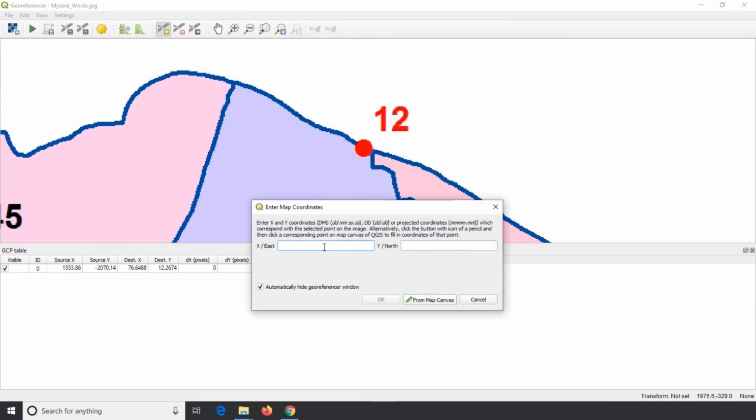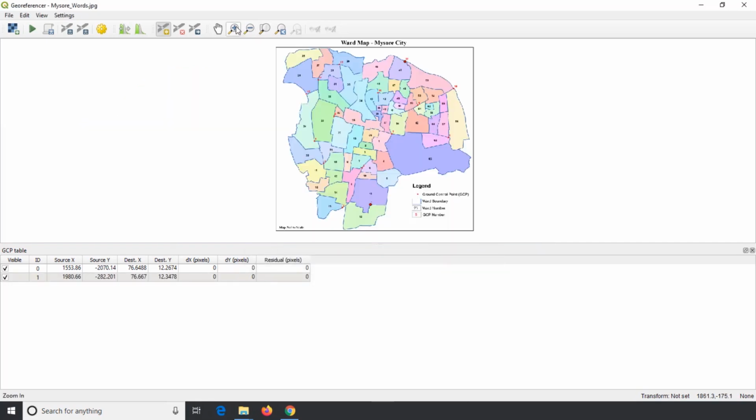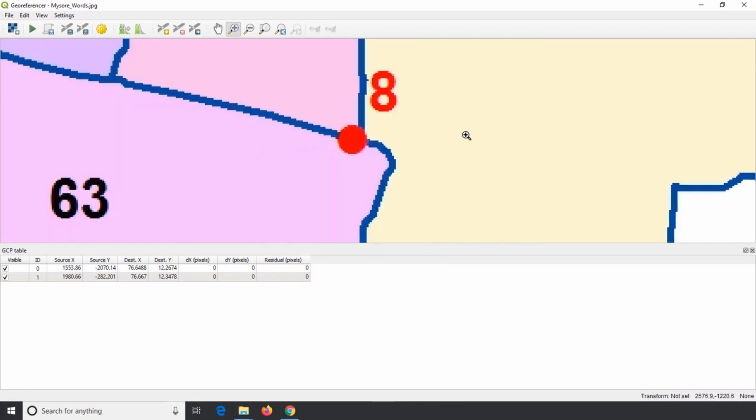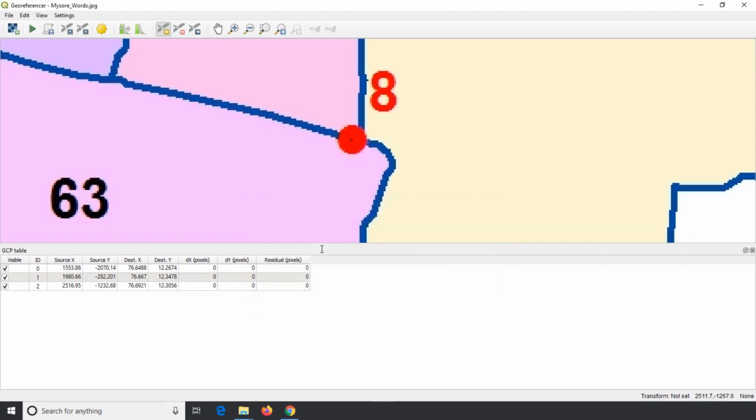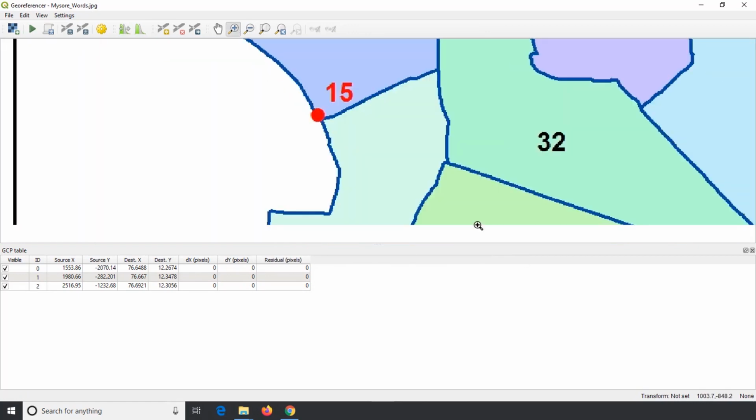Hence, after registering GCP1, I am moving to GCP12, then GCP 8, then GCP 15.